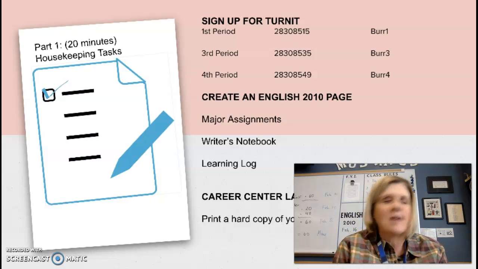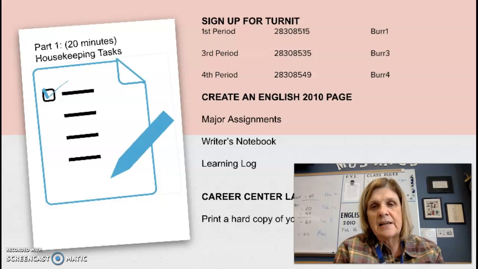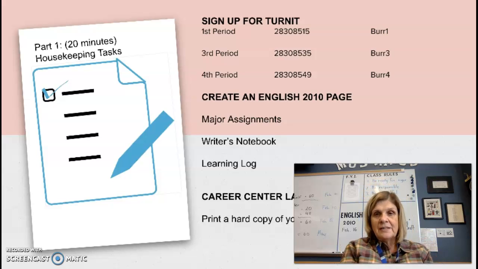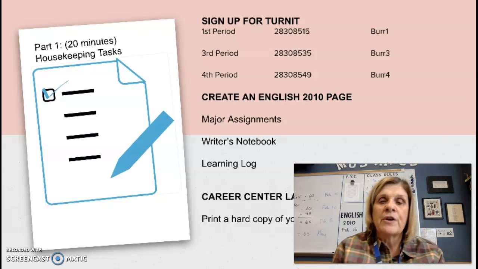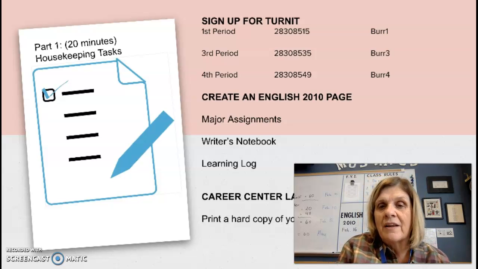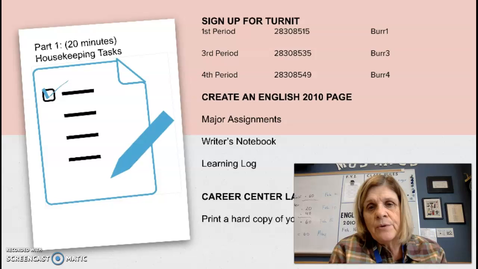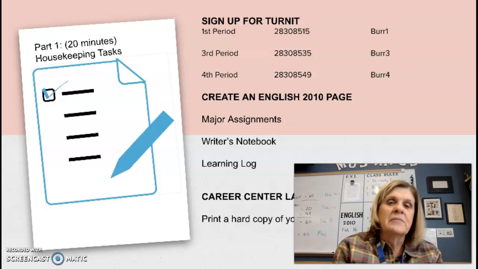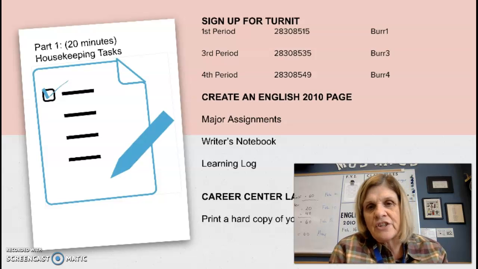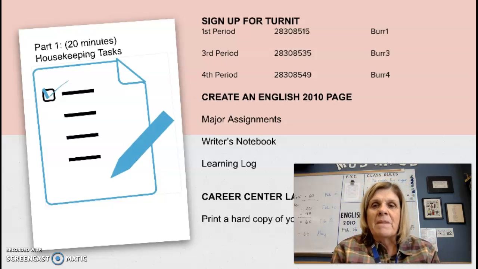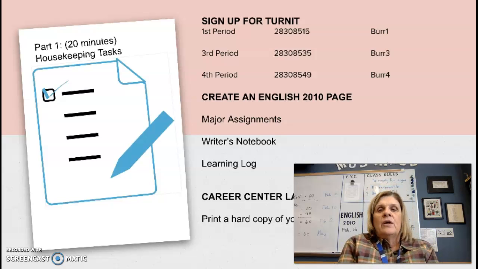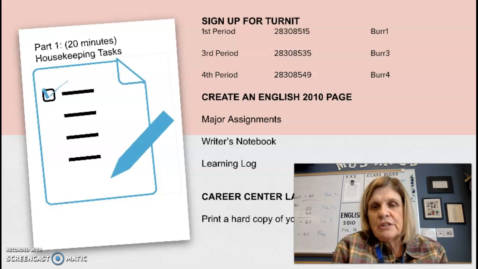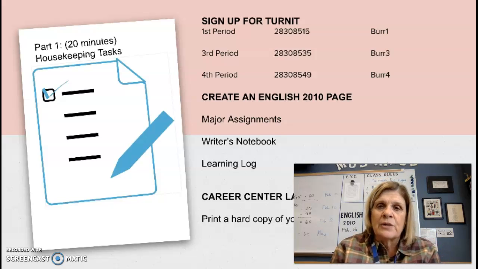The second thing, your English 2010 page for your ePortfolio. There are a couple of ways to do that depending on what type of platform you use to create your web page. If you used Turnitin, I want you to go to the coursework section of your ePortfolio and create a new page for this class, like you created a new page for English 1010. Once you have set up that English 2010 page, right now it's going to look really lame